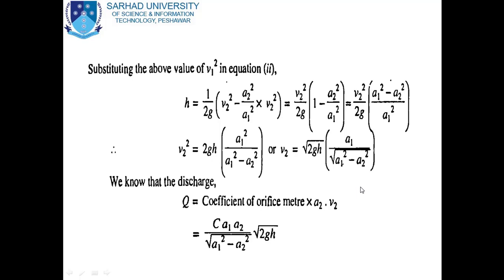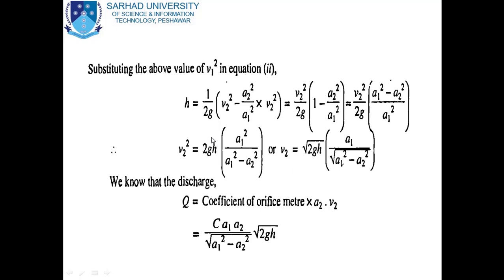Now take out V2 square as common, so we get H is equal to V2 square divided by 2g into 1 minus A2 square divided by A1 square. Now take LCM, so we get V2 square divided by 2g into A1 square minus A2 square divided by A1 square. Now take out the value of V2 square from this equation. So we get V2 square is equal to 2gH into A1 square divided by A1 square minus A2 square,